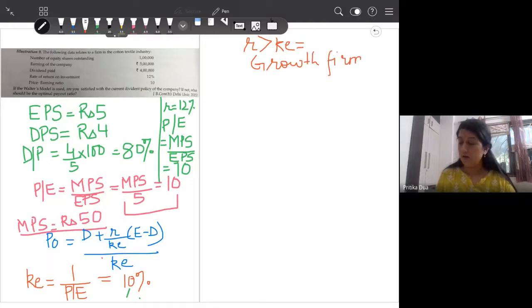Your return on investment is greater than the cost of equity. You have a growth firm in question. But for a growth firm, the ideal dividend payout ratio is 0%. And in our case, we are distributing 80% of dividend. So ideally,